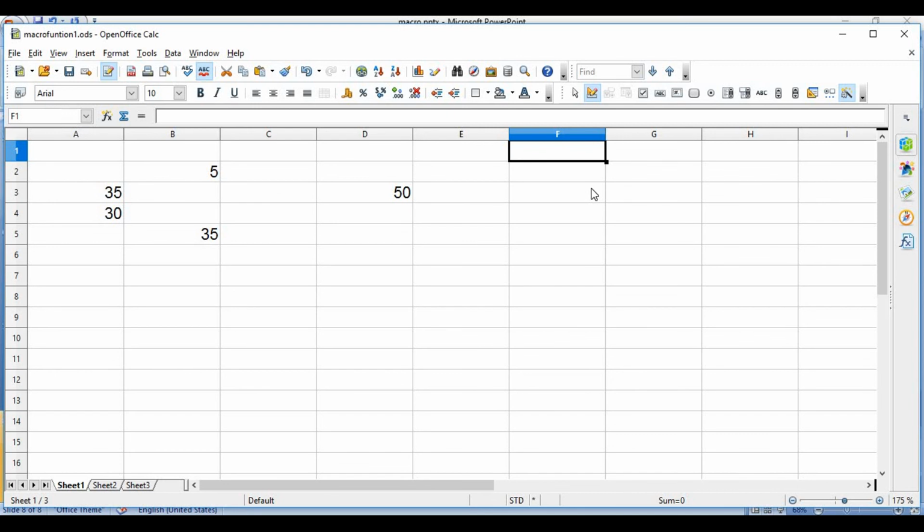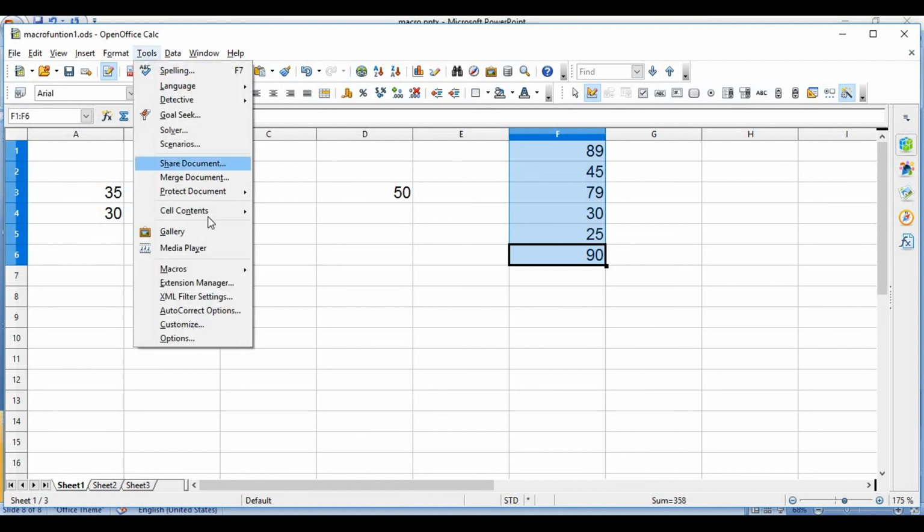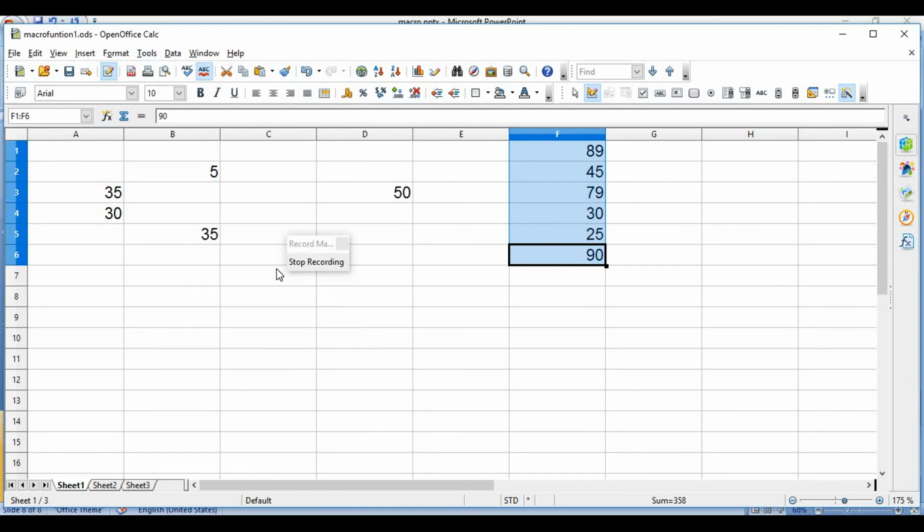Here you have to write some values like 89, 45, 79, 30, 25 and 90. Here I passed 6 values. Then you have to go to the tools menu and then select record macro.